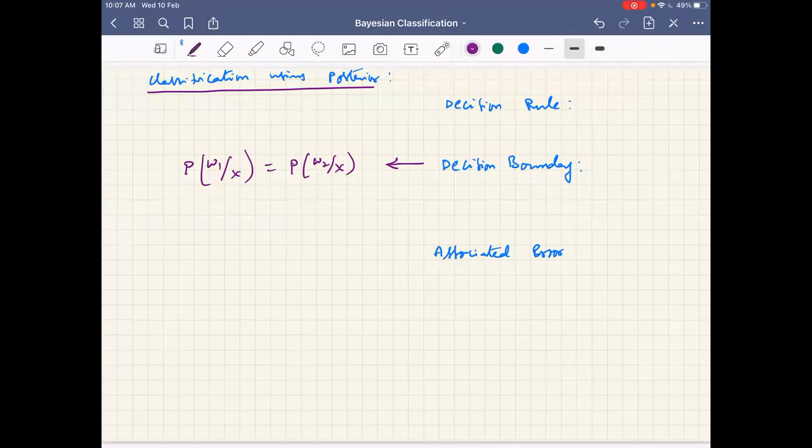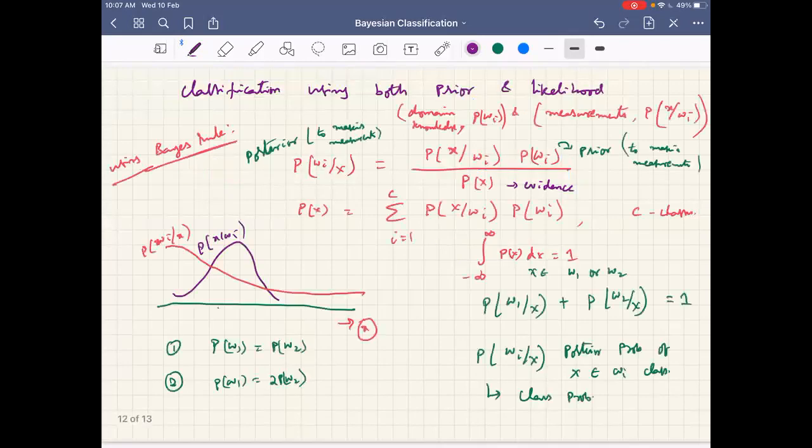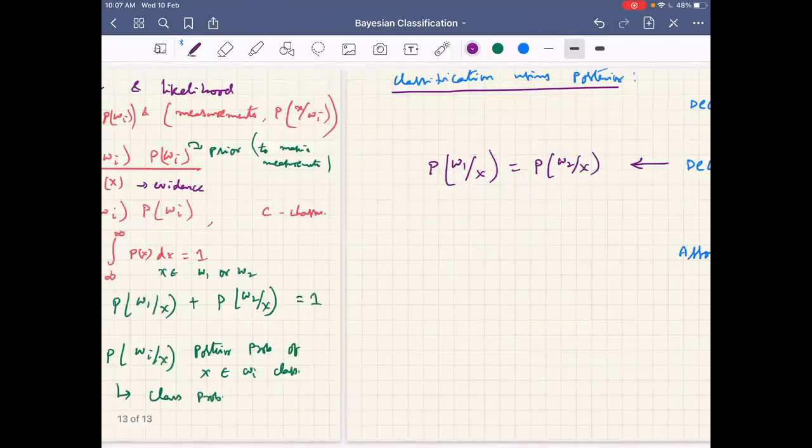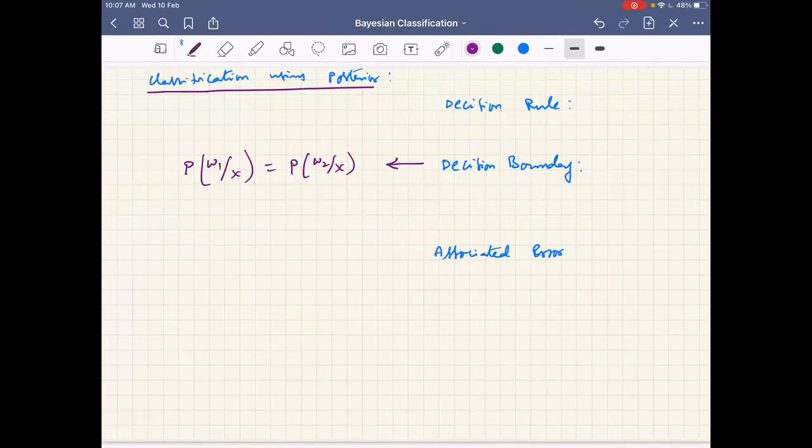In case 1, case 2, case 3, we have seen this even with likelihood. We have seen that case 1 and case 2 lead only to straight line decision boundaries. Whereas case 3, where sigma 1 and sigma 2, the covariance matrices of class 1 and class 2, are not equal, can lead to second degree polynomial based decision boundaries. They can be parabolic, or hyperbolic, or circles, and so on. In higher dimensions, they are hyperplanes, hyperellipsoids, spheres, and so on. We will see some visualization of them in a later class.